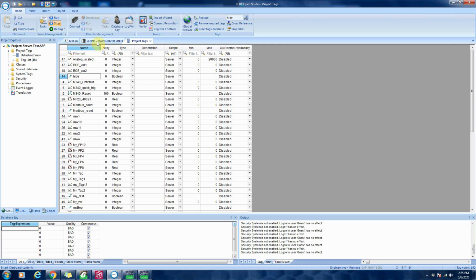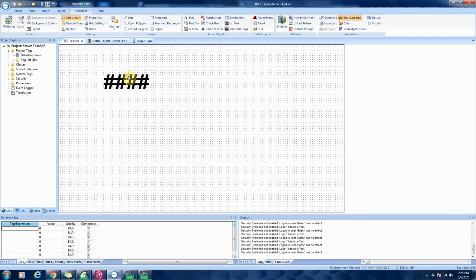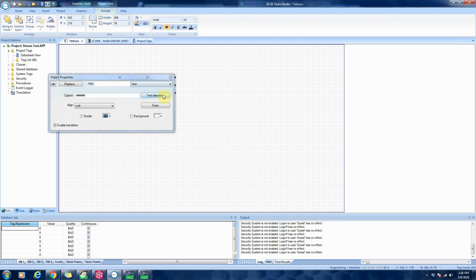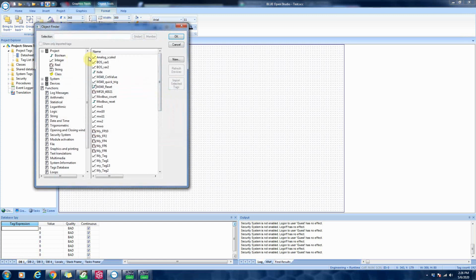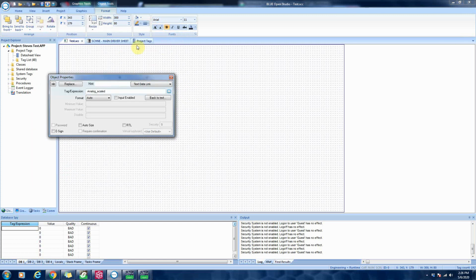So now I'm going to come back over to a test screen, and I'll start from scratch here, and I'm going to add a variable. First, I'm going to do text. Click on the screen. I'll add 6 pound signs. Enter. And I'm going to make it bigger so I can actually see it. Double click on it. I'm going to add a text animation link, and I'm going to point towards that variable that I just created in the Modbus, which is the analog scaled. So now if I save that with the button up top here, and I run my project,